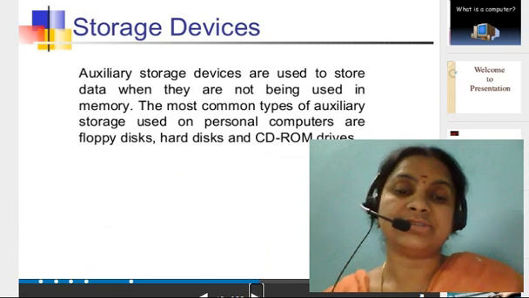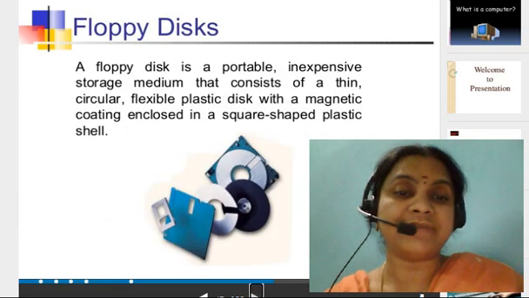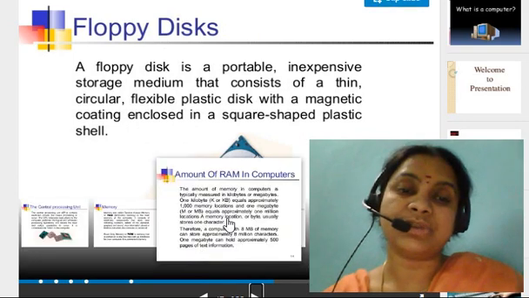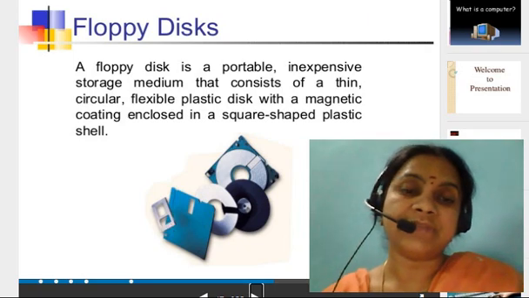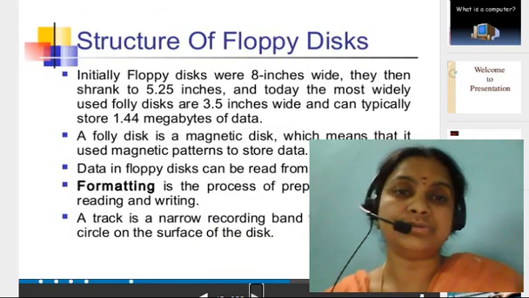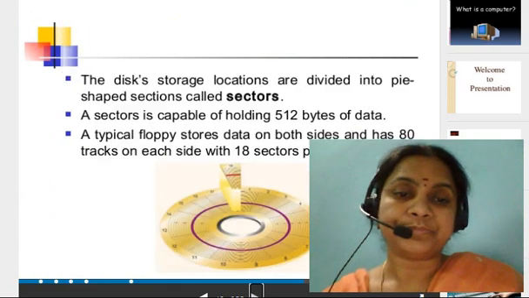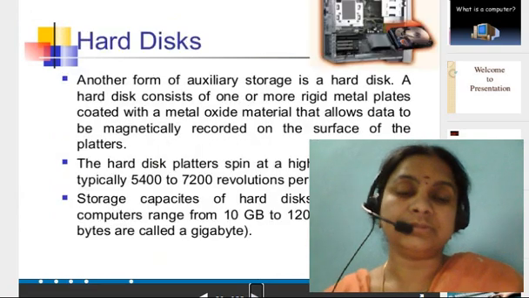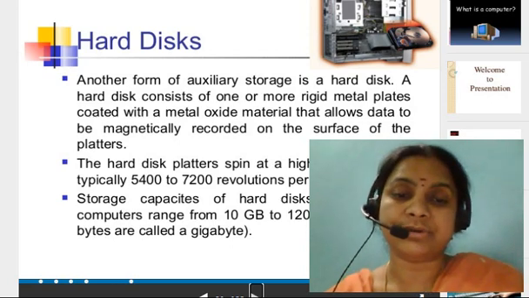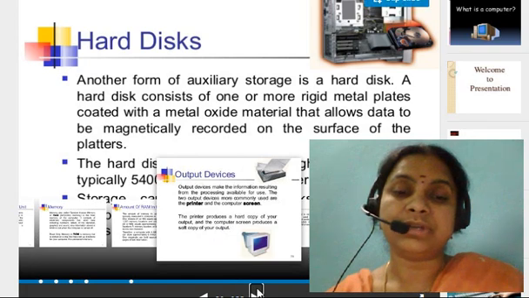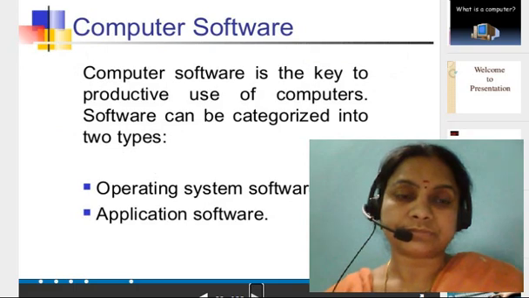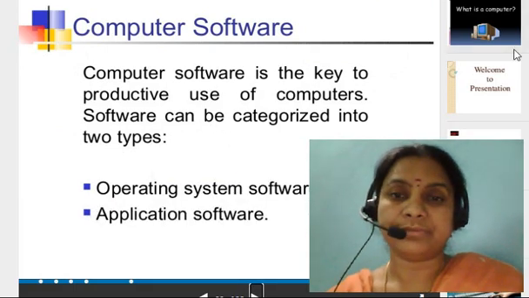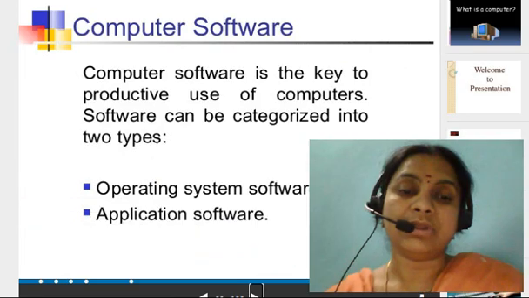Storage devices. Storage devices are CD-ROM and pen drive. All these things are storage. Now we are not using the floppy disk, but in the olden days the floppy disk was used to store data. A hard disk is used to store a large amount of data, for example 10 GB of data can be stored. Is it clear to all of you? We are going to learn all these things.